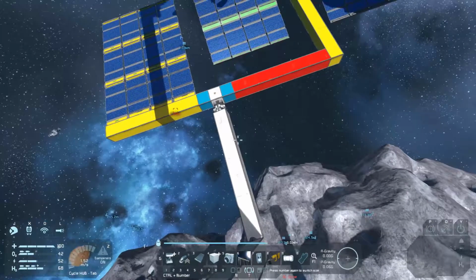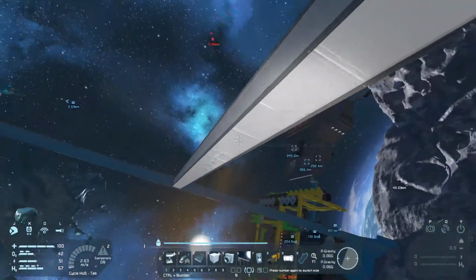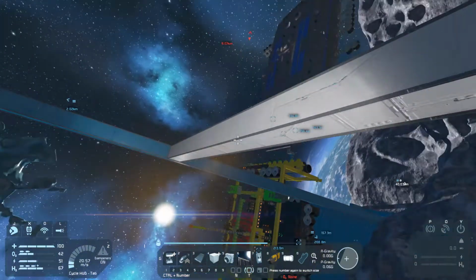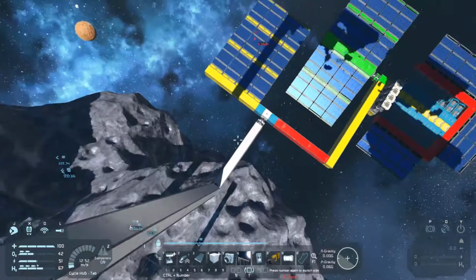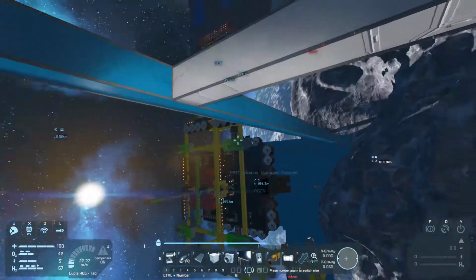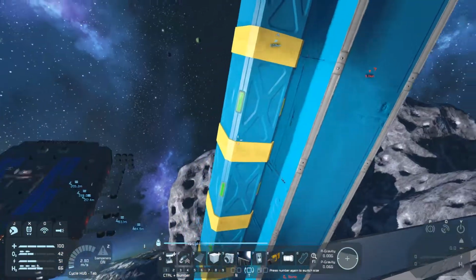To recap one more time, you must be connected to your station where your batteries are. So you can make your tower. You do not have to use armor blocks. You can use the conveyor blocks, or a combination of conveyor blocks and conveyor tubes like here. This tether is